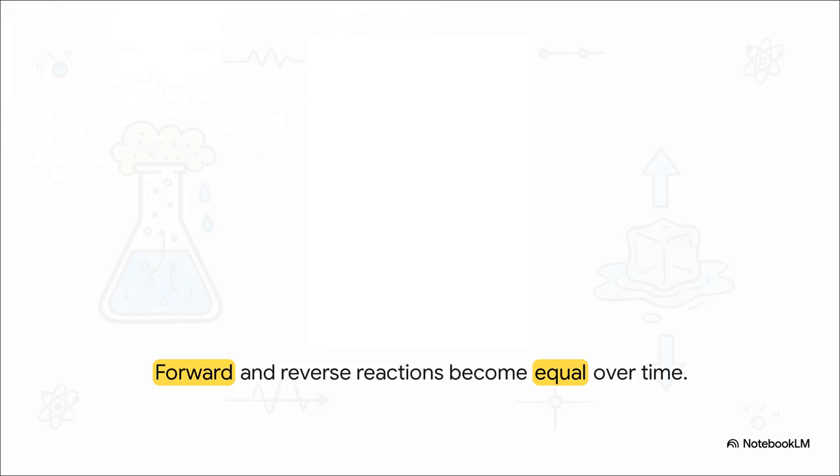Because there's so much A and B, the forward reaction is incredibly fast. But as they get used up to form C and D, the forward reaction slows down. Meanwhile, as the pile of C and D grows, the reverse reaction, turning products back into reactants, starts speeding up. The real magic happens right where those two curves plateau and become completely parallel flat lines. That exact moment, that's equilibrium. The concentrations have locked into place not because the reaction stopped, but because the forward and backward speeds are perfectly tied.